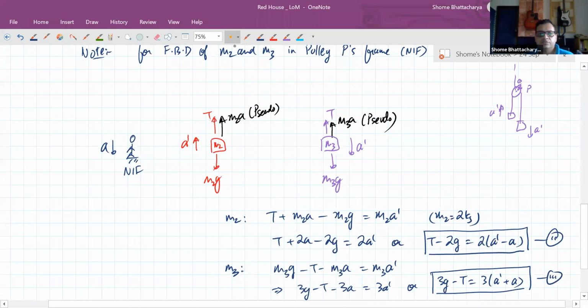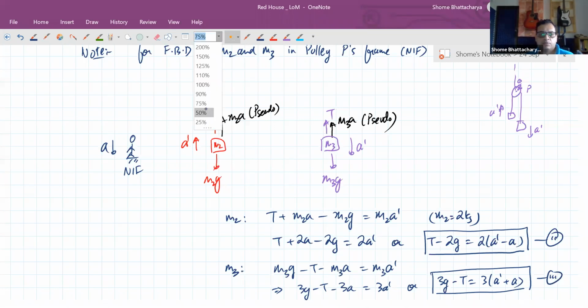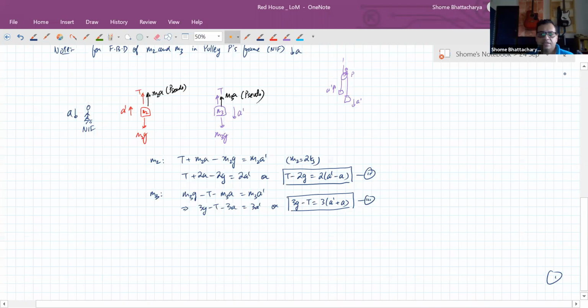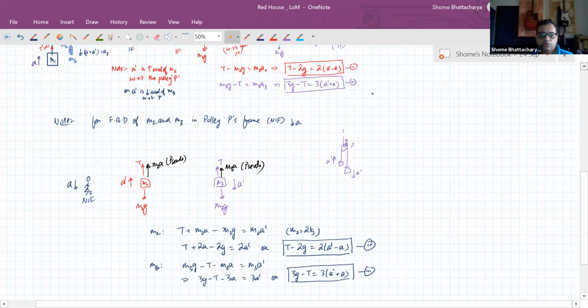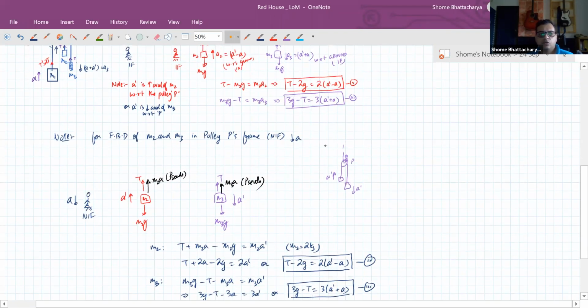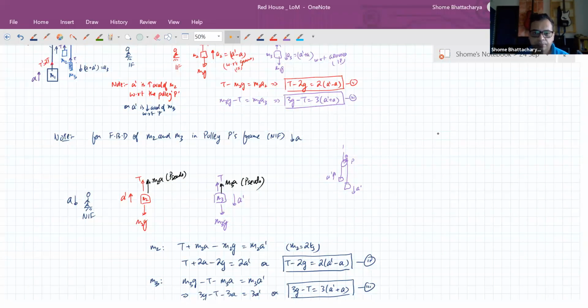It's just a different way of visualizing the equation, but in this case it's no problem at all because directions and all are well known. So this is not a problem where it is compulsory for us to write in the inertial frame. We have the option, whatever we choose. You can see these two equations are the same as these two. Now it's a matter of solving those equations for a and then using kinematics, because they've asked you the time taken for the displacement to become 20 centimeters, so half a t squared will be that displacement.